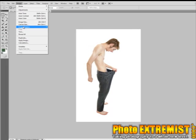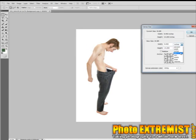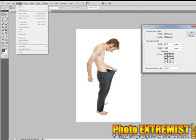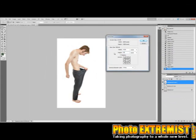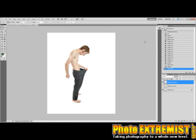And if you wanted to make it a bigger space area or something, you could go to Image, and then Canvas Size, and then just put in new values here for the pixels, and that will make it wider, smaller, whatever you want to do. So yeah,